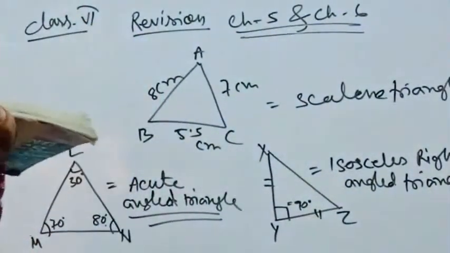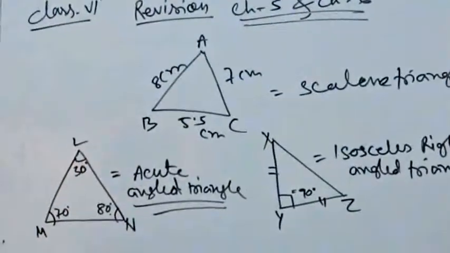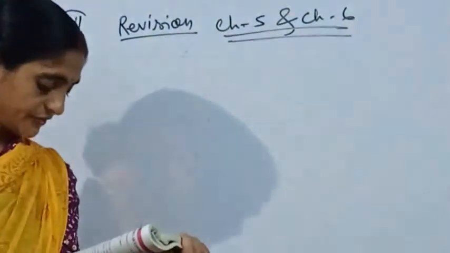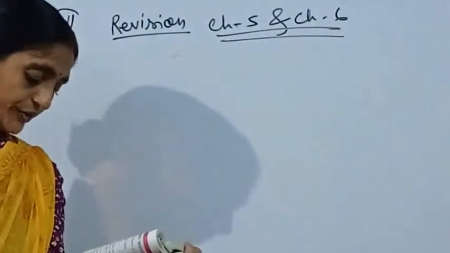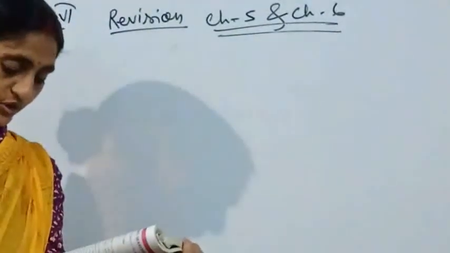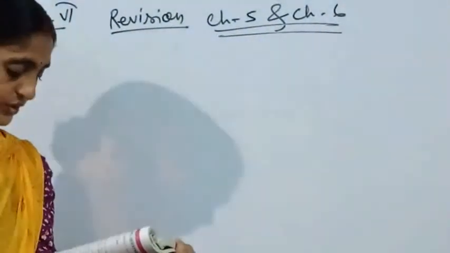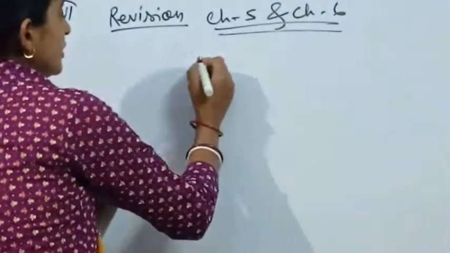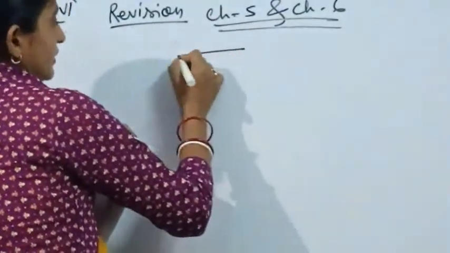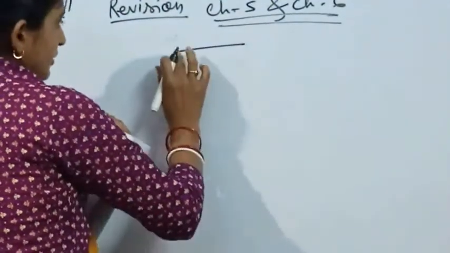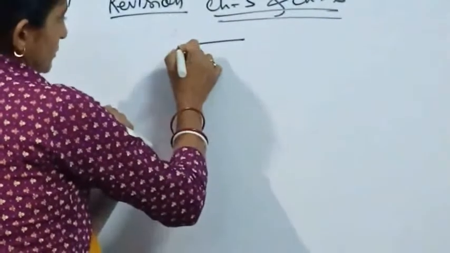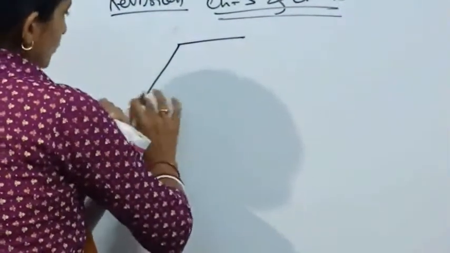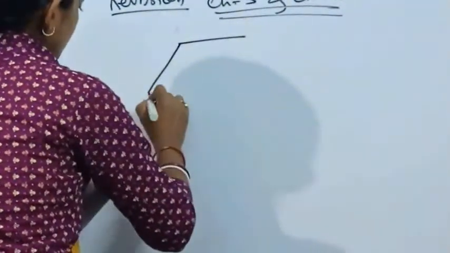Now let's come to the last question. Here the number given is 7. Draw a rough sketch of a regular octagon and draw a square by joining exactly 4 of its vertices. Let's see what we will get. First we go for an octagon. Octagon means it is an 8-sided figure, and when we are going for a rough sketch, it may not be the perfect one. But whatever it is, we can get the concept.